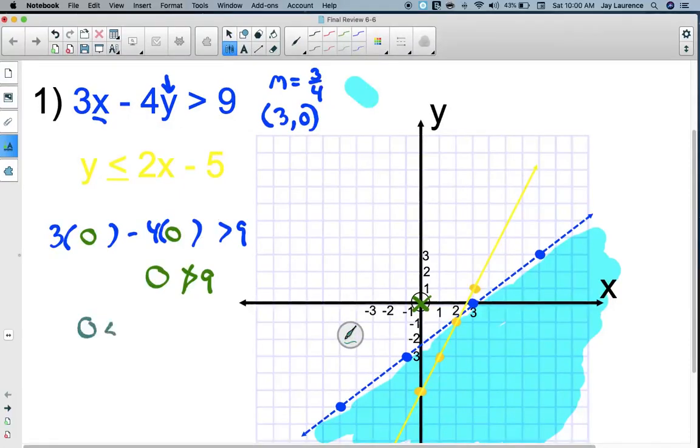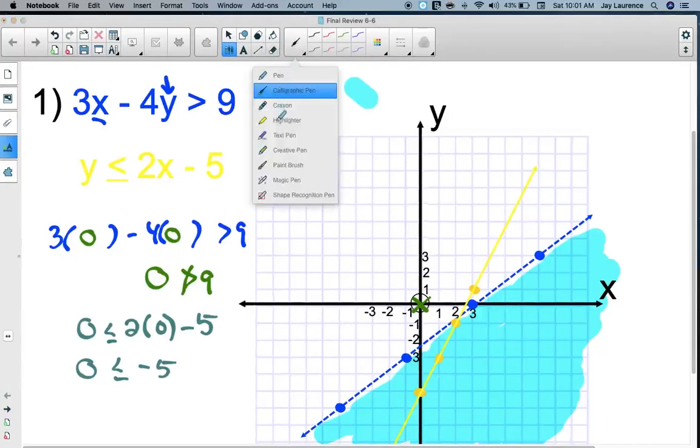So I've got to plug 0, 0 in for y and x. So 0 is going to be less than or equal to 2 times 0 minus 5. Sorry, all this lag is screwing me up. Okay, 0 is less than or equal to negative 5. That is not true. 0 is not less than a negative number, you silly people. So I'm going to shade